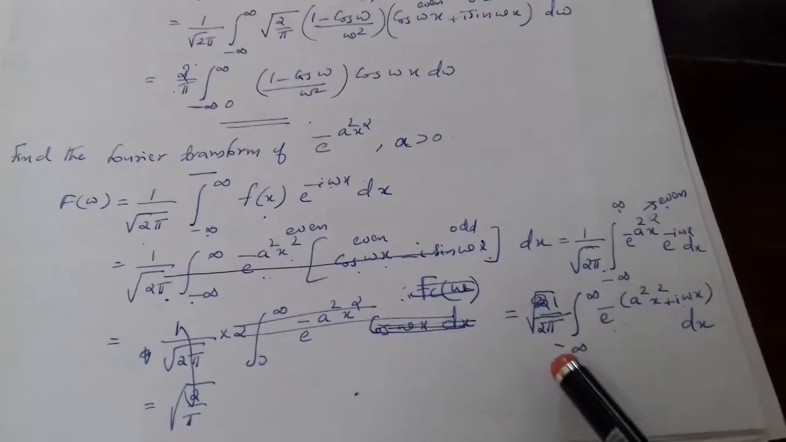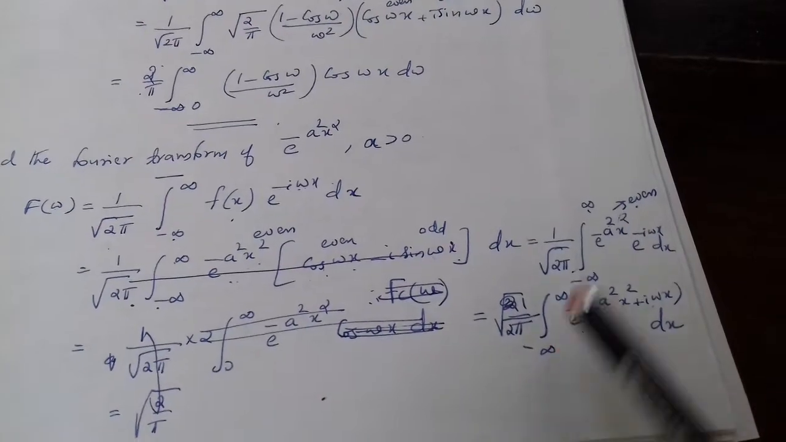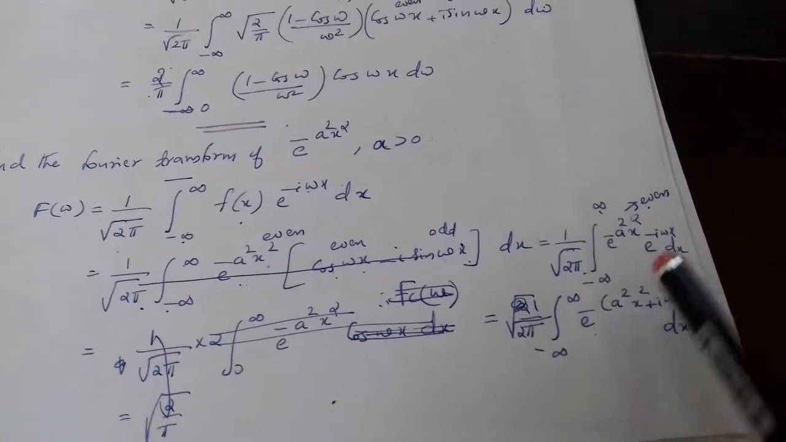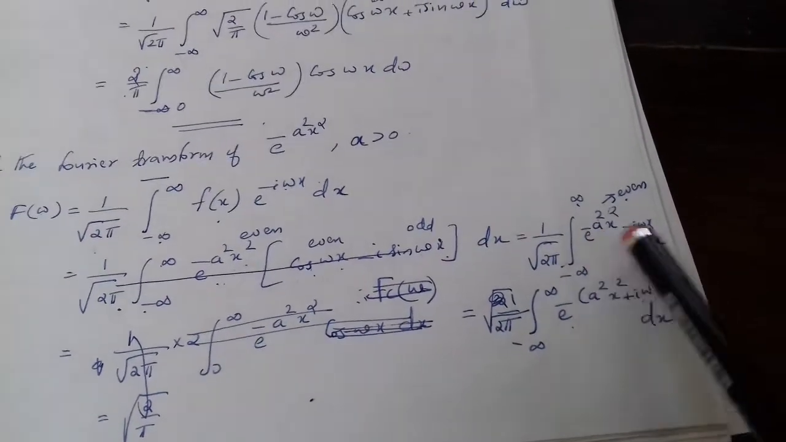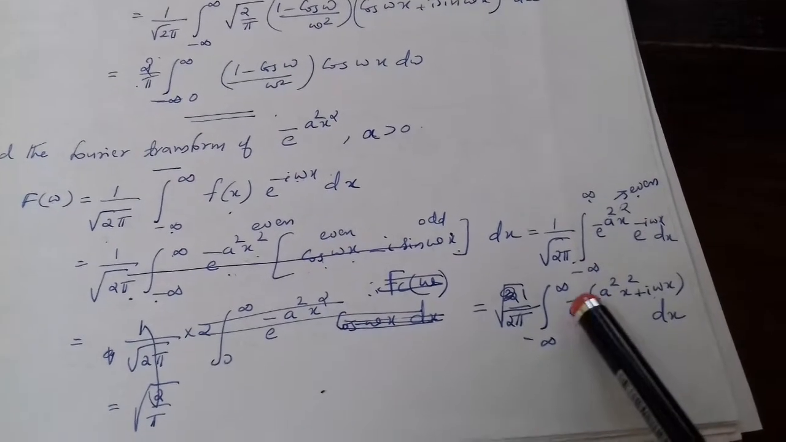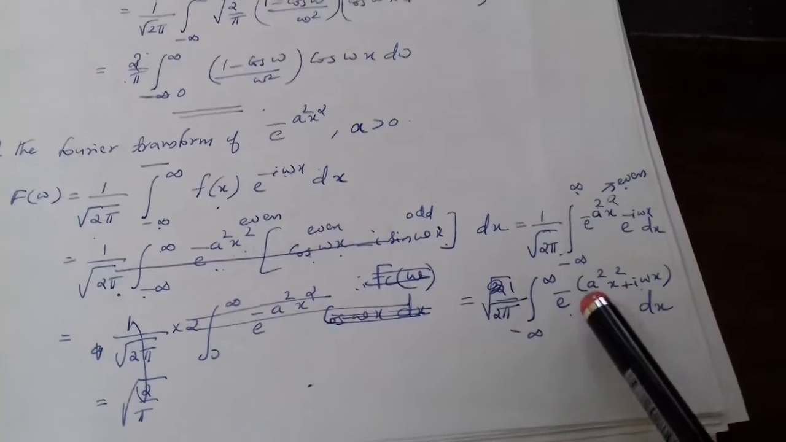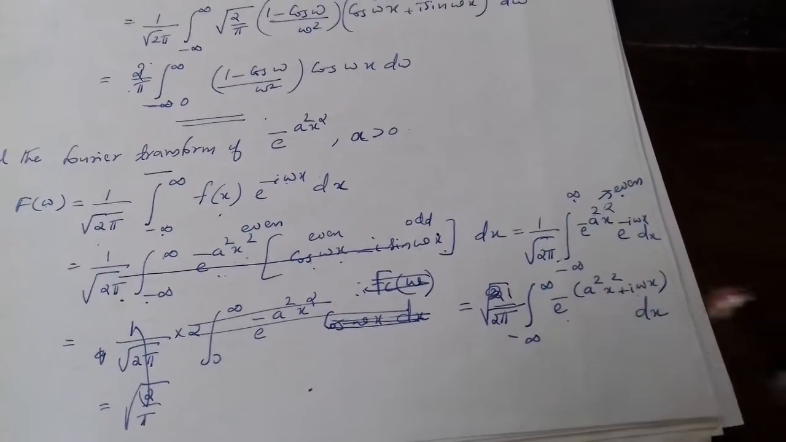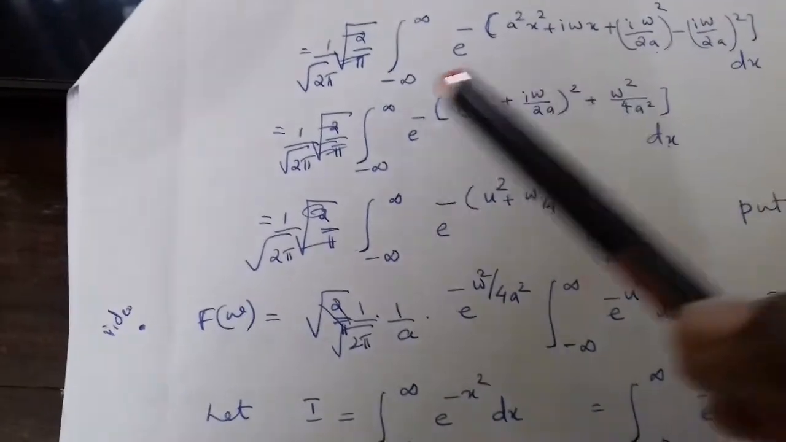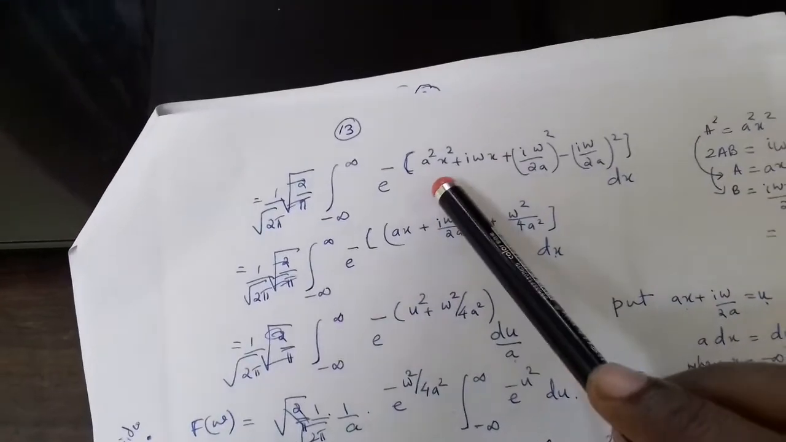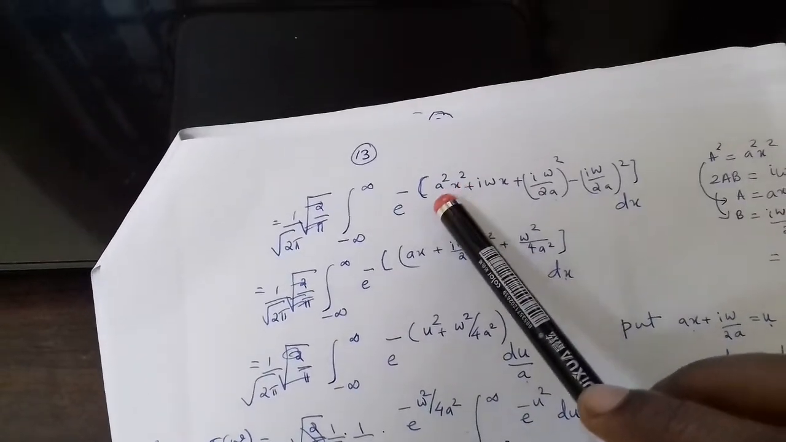And it is 1 by root of 2 pi integral minus infinity to infinity e raised to, this is a raised to m into a raised to n, so a raised to m plus n. Since the two terms are negative, we can take the negative outside. So e raised to minus of a square x square plus i omega x dx. And it is 1 by root of 2 pi integral minus infinity to infinity e raised to minus a square x square plus